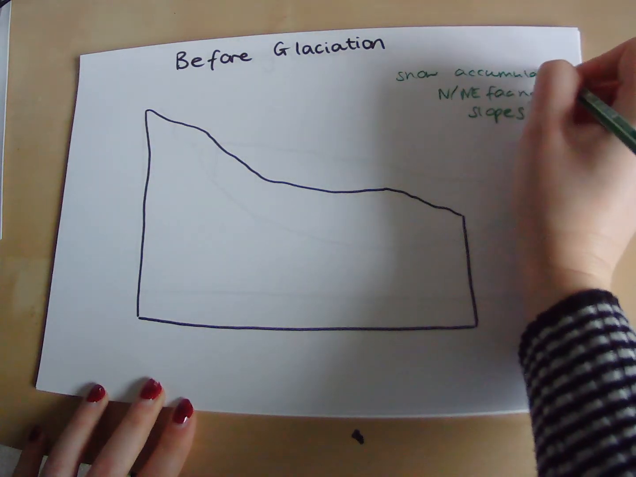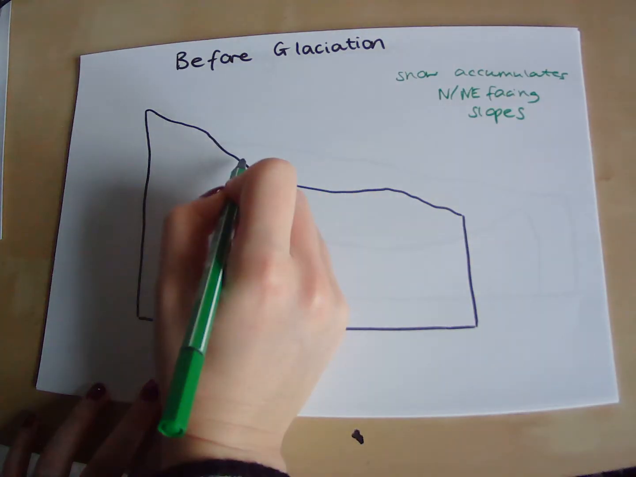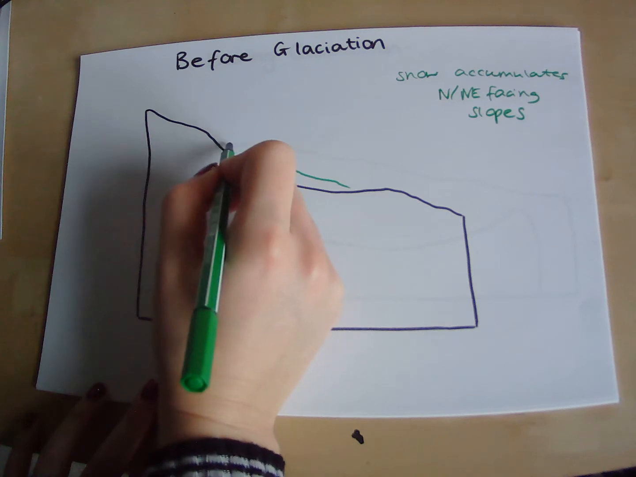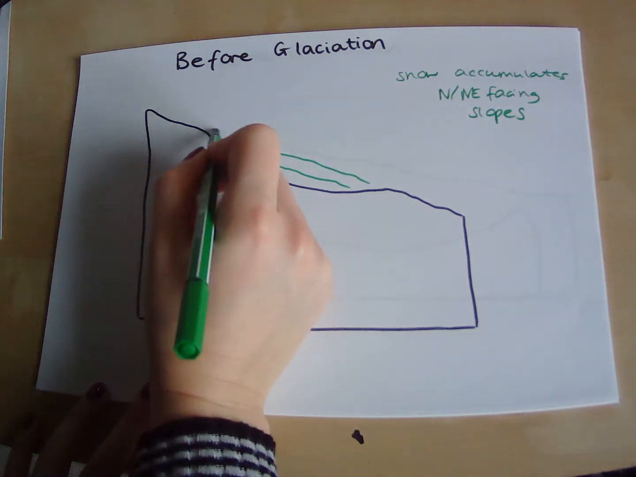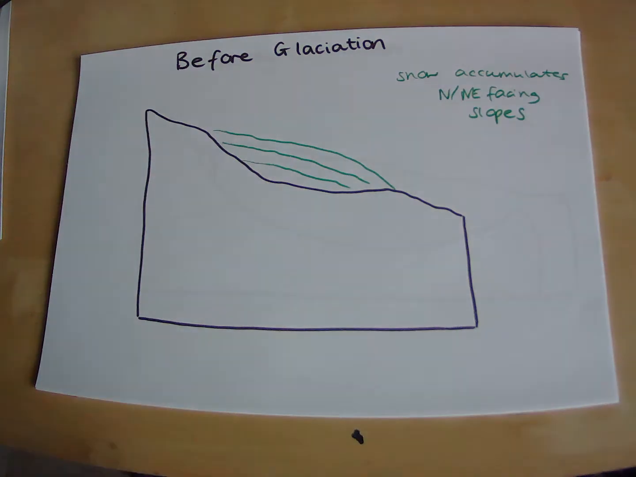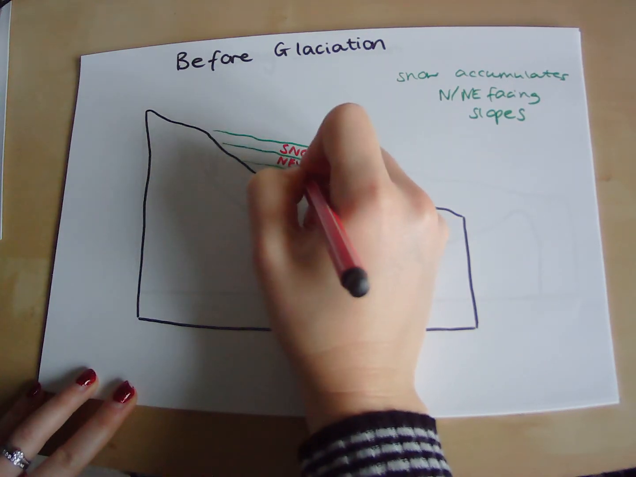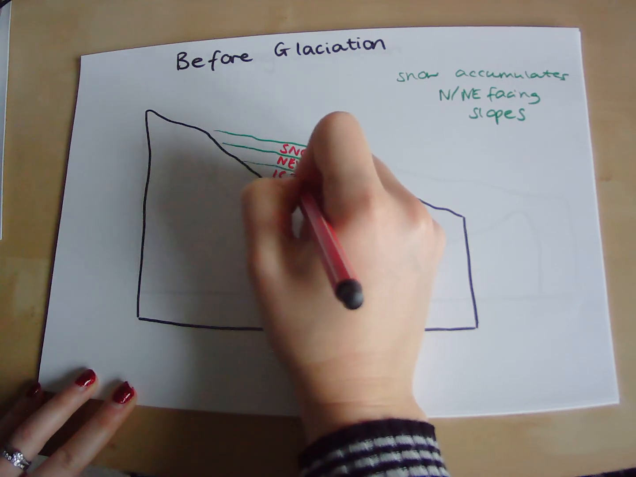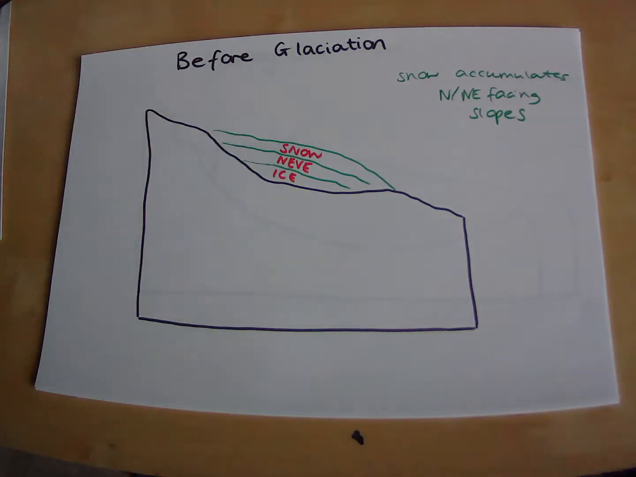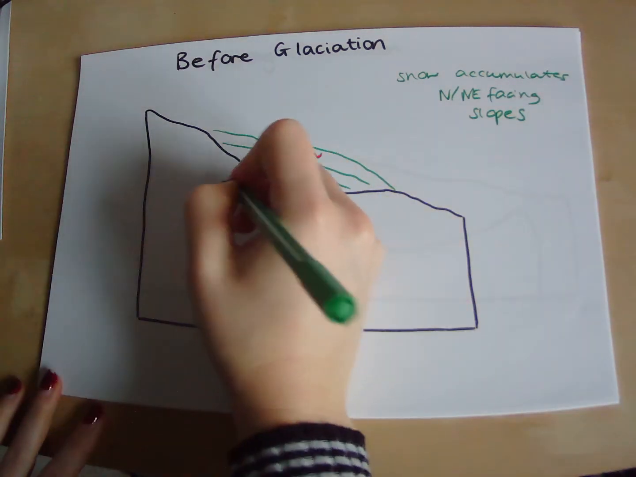So snow falls and collects in little hollows like this and builds up over time. And as we know, when snow builds up over time and doesn't melt each year, that is when the snow gets compressed, first of all turns into neve, and then turns into glacial ice. So on the top here, we have fresh snow, which then turns into neve, and then we have our glacial ice. So this continues to happen and compacts to form ice